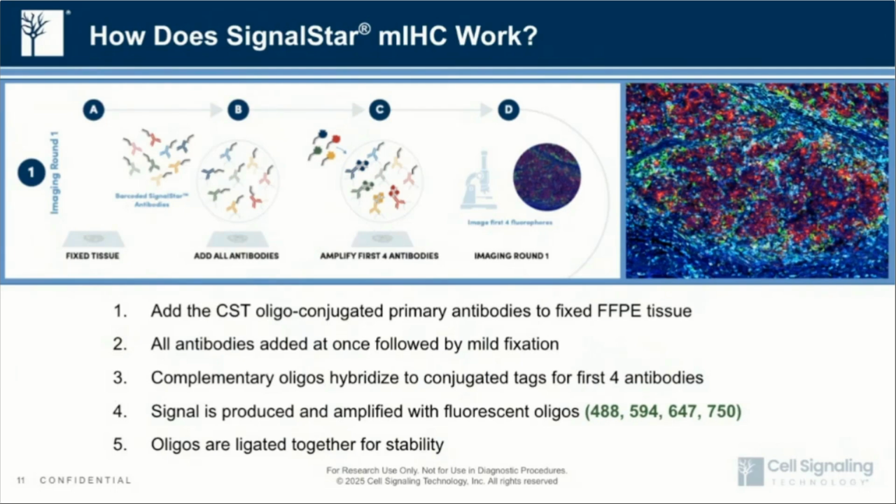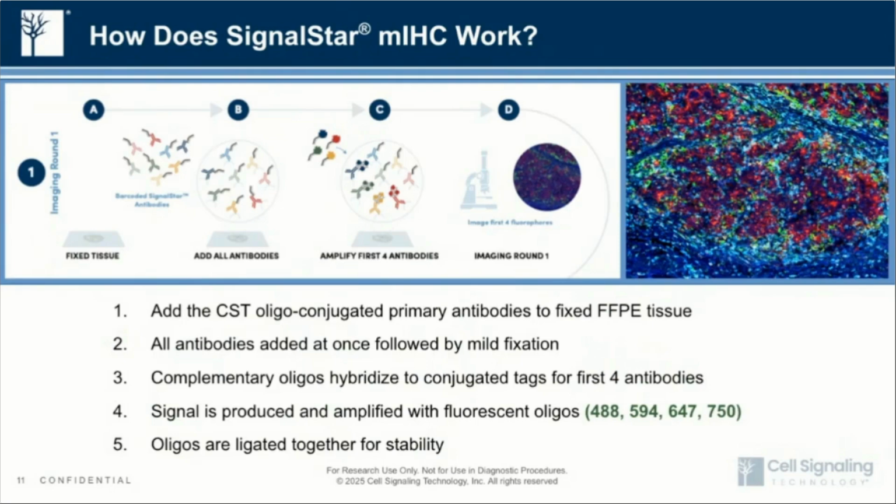So the antibodies are added and fixed to the tissue, and then the complementary oligos are added, hybridized to those unique tags of the first 4 antibodies. We then come in with fluorescent oligos to amplify those signals, the fluorescent signal in the 488, the 594, 647, and 750 channels. The oligos are ligated together for stability so that you don't have to rush to the microscope